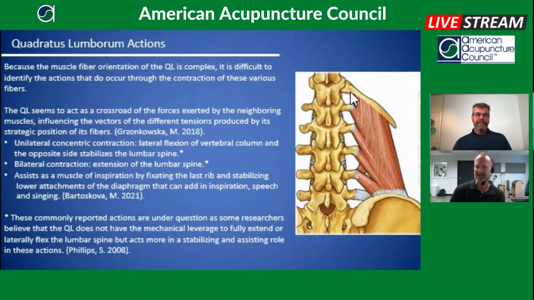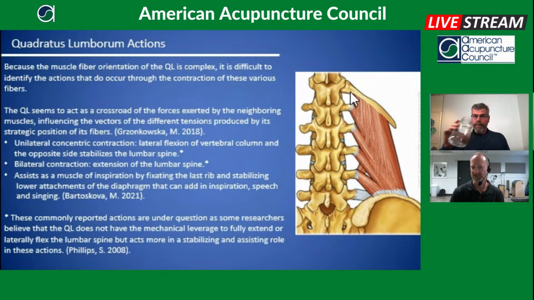So because of this complexity, the muscle fiber and fascicle orientation of the QL, it's difficult really to identify the actions when you're looking at the quadratus lumborum and its line of pulls. It'd be one thing if it went from ilium to 12th rib. If it was just a straight shot from the ilium to the 12th rib, you could speculate much more easily what its role would be, because it would be acting from the hip to the rib. But because there are various forces, various vectors acting on it, there's a lot of uncertainty on the role, the action of the quadratus lumborum.